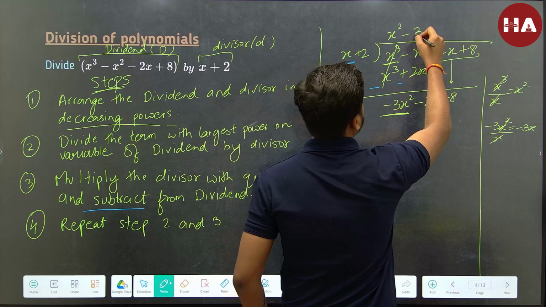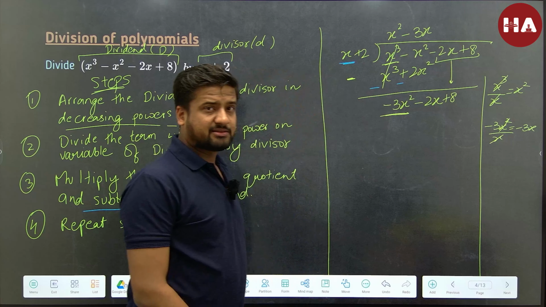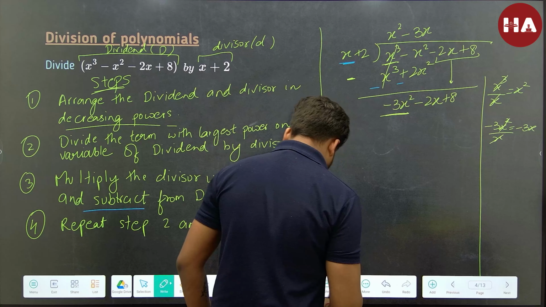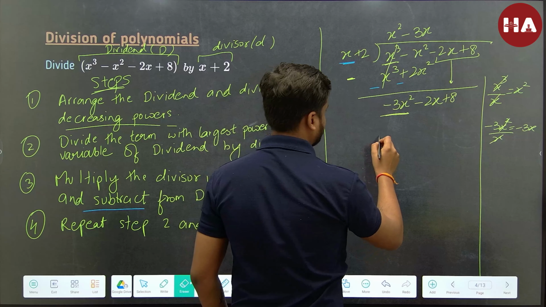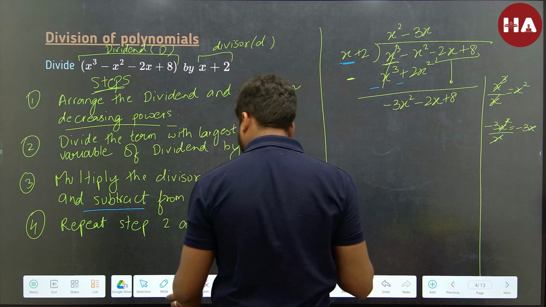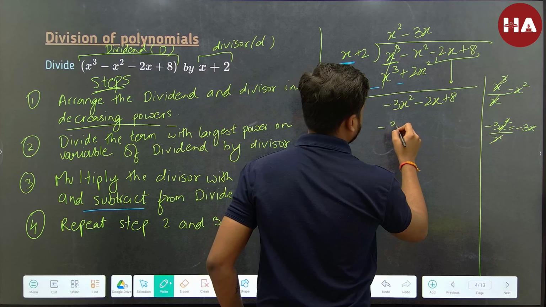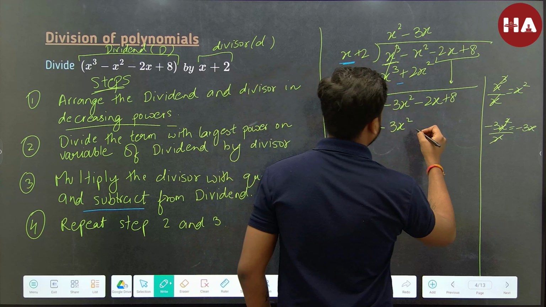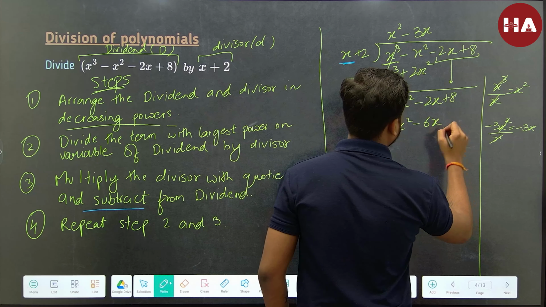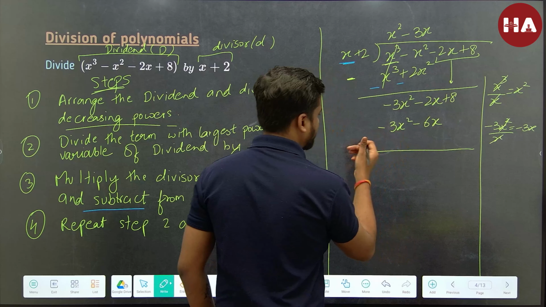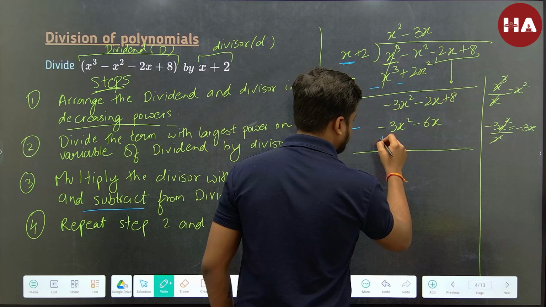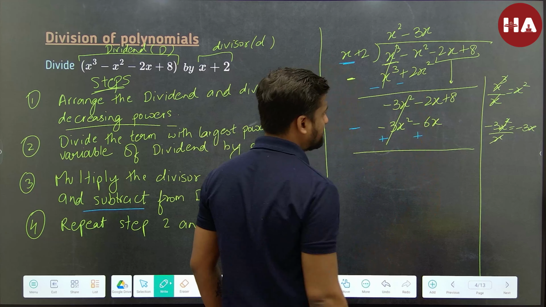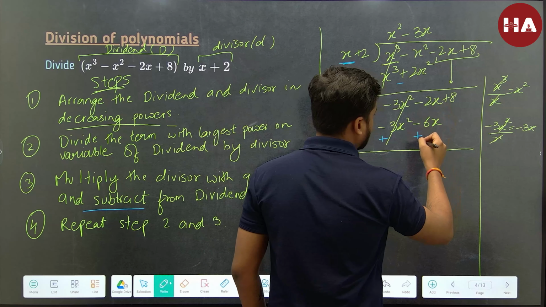So minus 3x times x is minus 3x square, and minus 3x times plus 2 is minus 6x. On subtracting, minus plus minus plus cancels out, and minus 2x plus 6x is